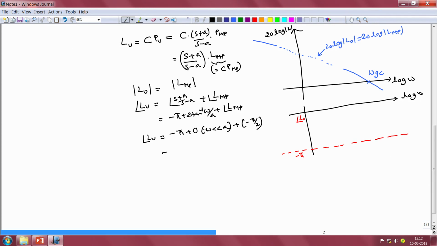So together it is approximately equal to minus 3 pi by 2. So the phase starts at minus 3 pi by 2. I shall mark out the point minus 3 pi by 2